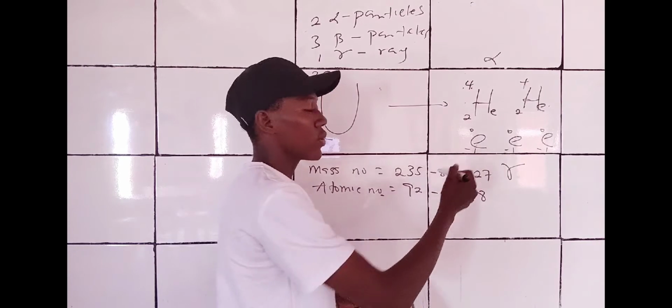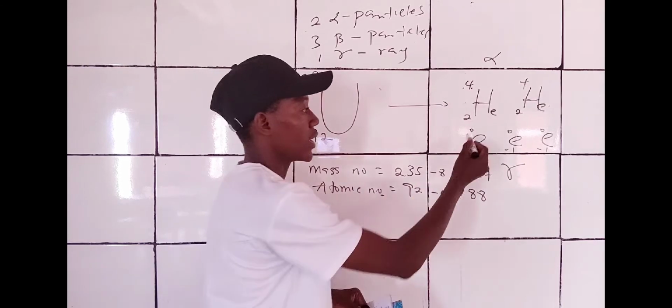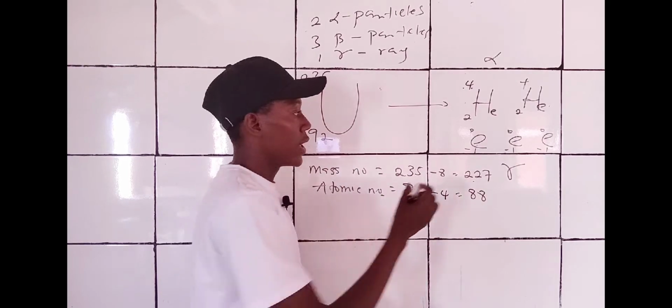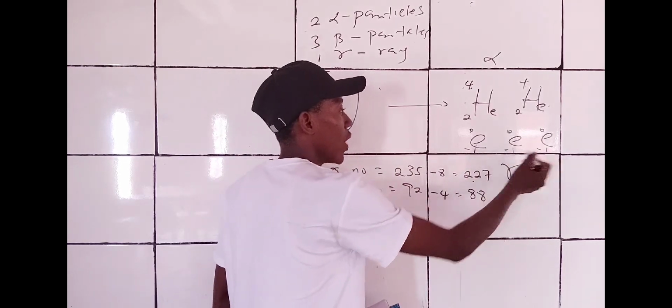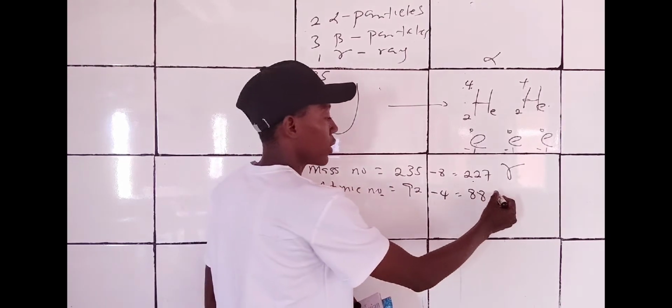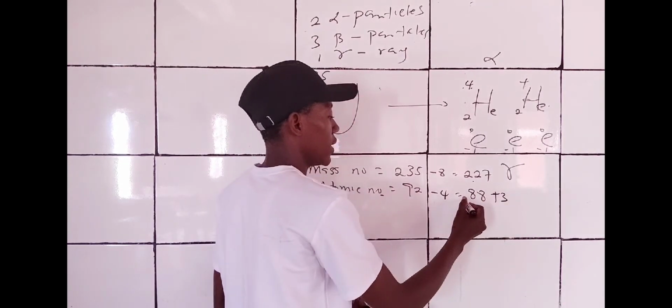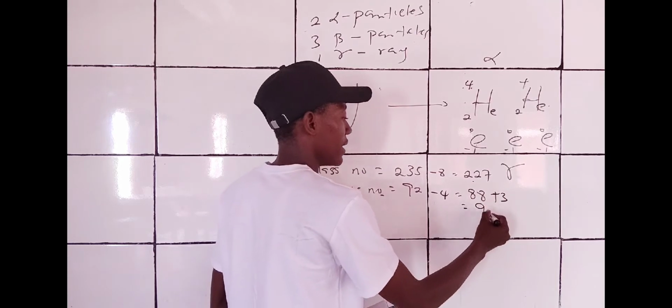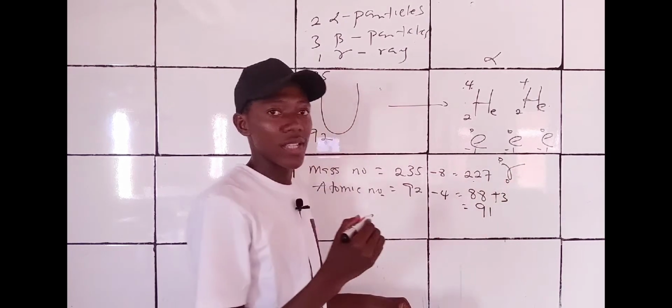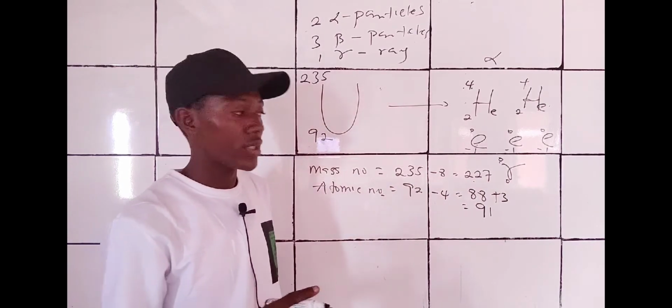Now it also emitted 3 beta particles, and the mass numbers here are 0, meaning the mass number is unaffected, but the atomic number is -1. Since it is negative, it is going to be added, that is plus 3, so that this atomic number is now 91. So the gamma ray has no charge, no mass, so it is contributing nothing to this